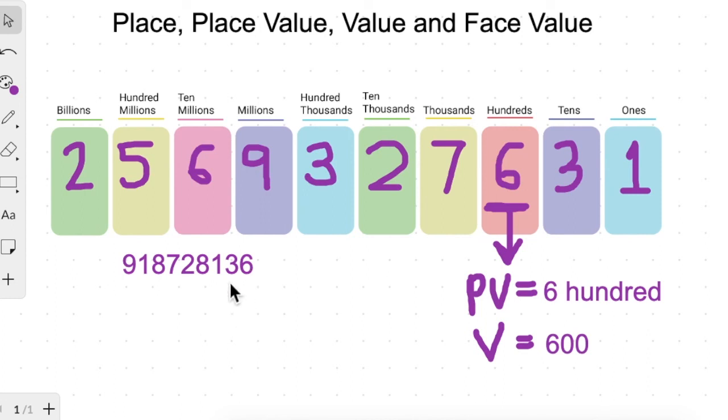Ones, tens, hundreds, thousands, 10,000s, 100,000s. So this 7 is at the 100,000s place. So I can just do it without the table also. I hope that you have understood the concept of place value, value and face value.